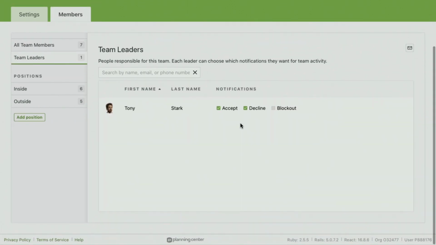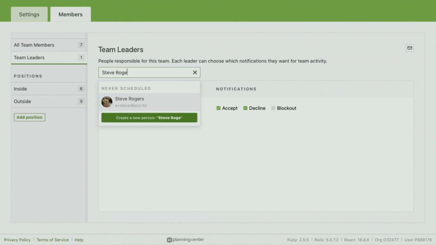And you can have multiple leaders. So who's a leader? A leader is anybody that's in charge of this team in any way. It might be the person that is responsible for scheduling them. You might have a different person that schedules them each week, so they would both be team leaders. Or you might have somebody that just answers questions when they ask them. They don't actually schedule them. That person would also be a team leader because each, so let's just say Steve Rogers is also a team